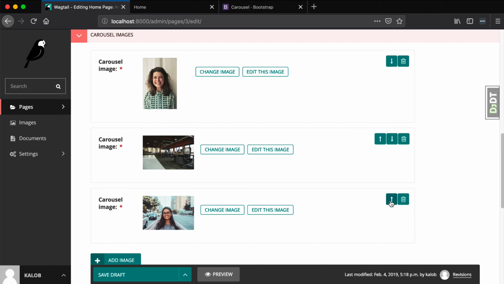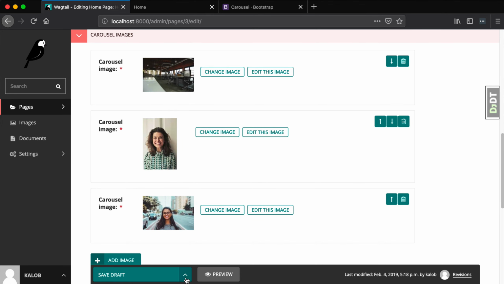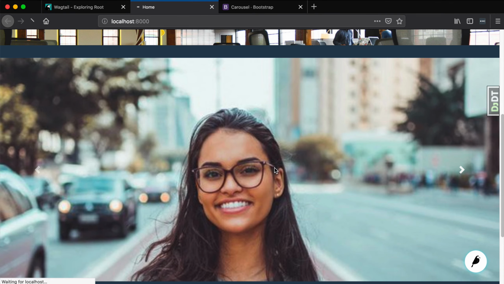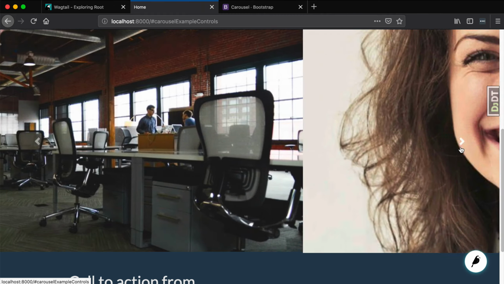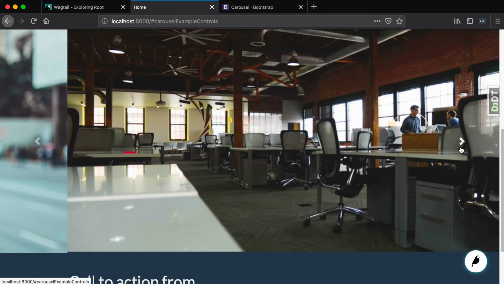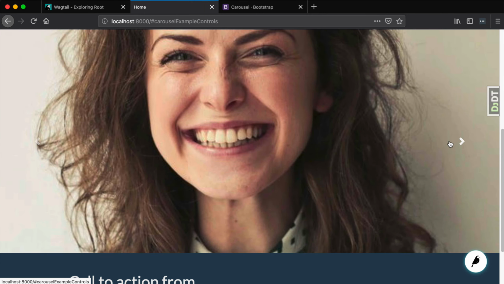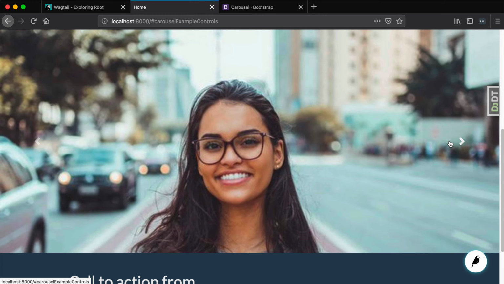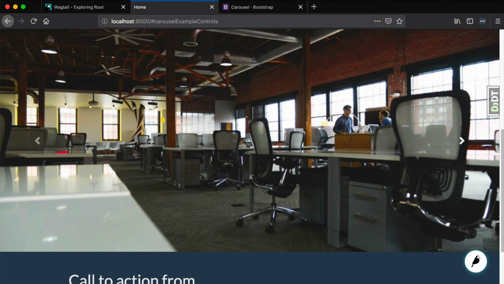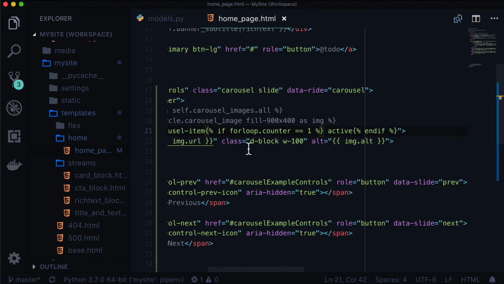And if we ever wanted to rearrange these, so let's say we wanted that co-working space first, and then maybe pictures of people who work in that co-working space, we just save the page and refresh, and this shows our co-working space, and we now have a carousel. Just like that. So that's all there is to Orderables. Now, if you're thinking to yourself, why would I use an Orderable instead of a StreamField? Well, you can use a StreamField, but an Orderable is a better way to go in this particular instance because